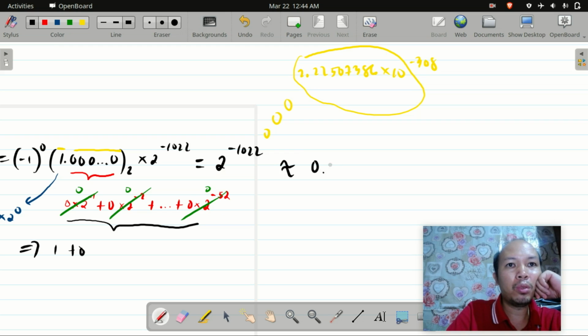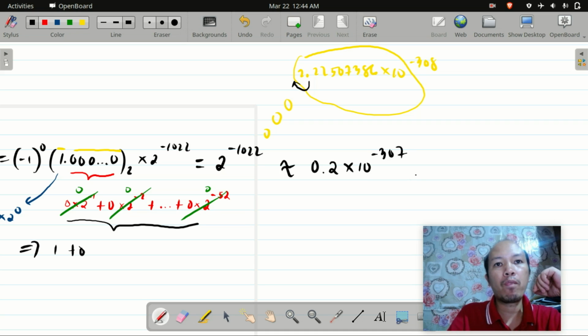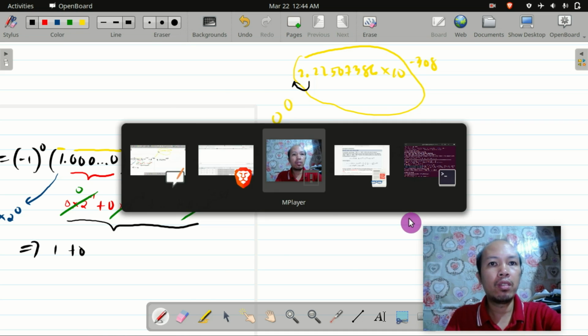You can move this one here, one decimal place, times 10 to the negative 307. Okay, so that's the reason why we have this